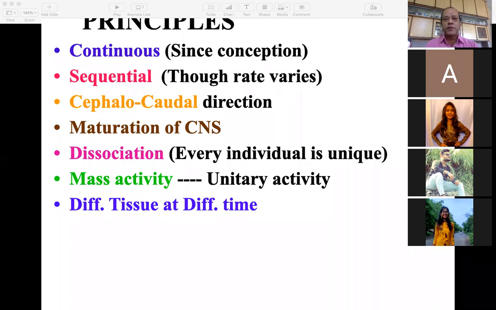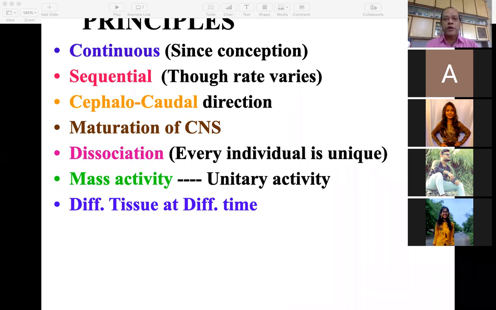To give you an example, sequence is fixed means once the child is born, after some months he will start sitting, then standing, then walking, then start running, and finally the other activities. It is not possible that the sequence will change, that after birth some child starts running, then he starts standing, and then he starts sitting. So reverse is not possible.